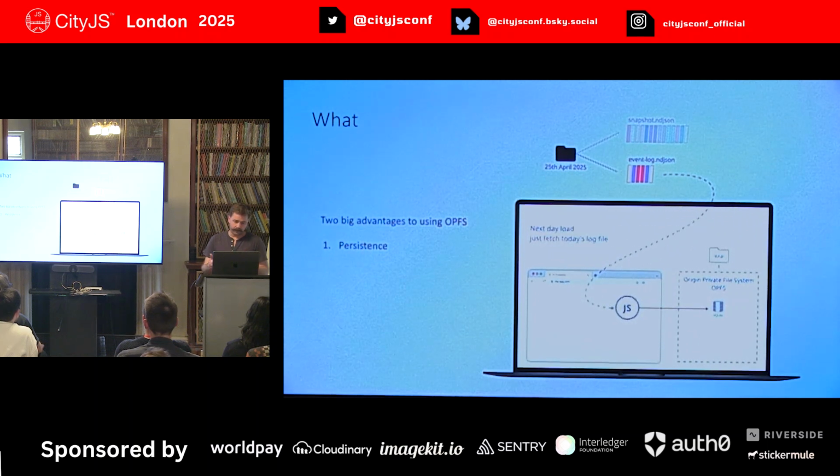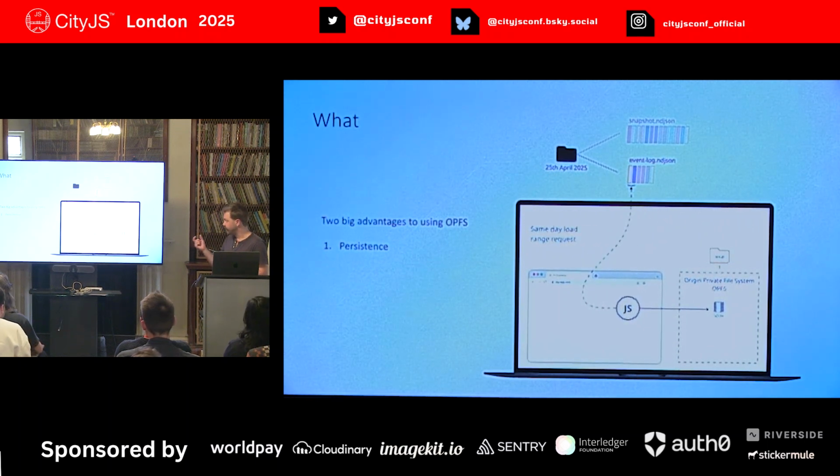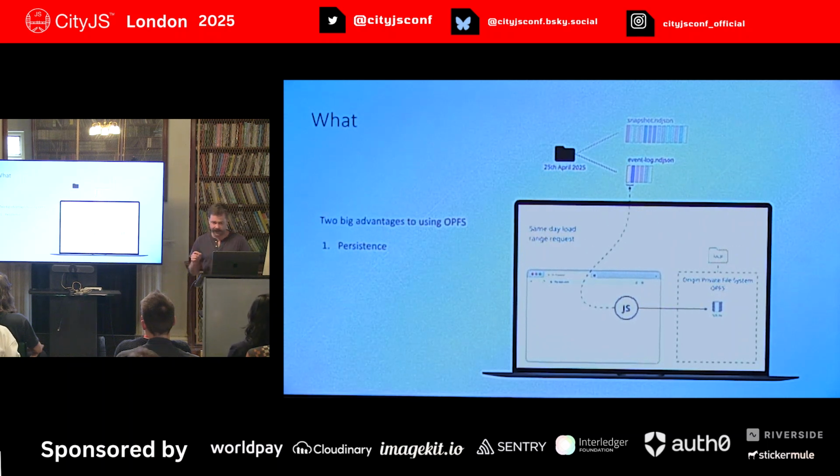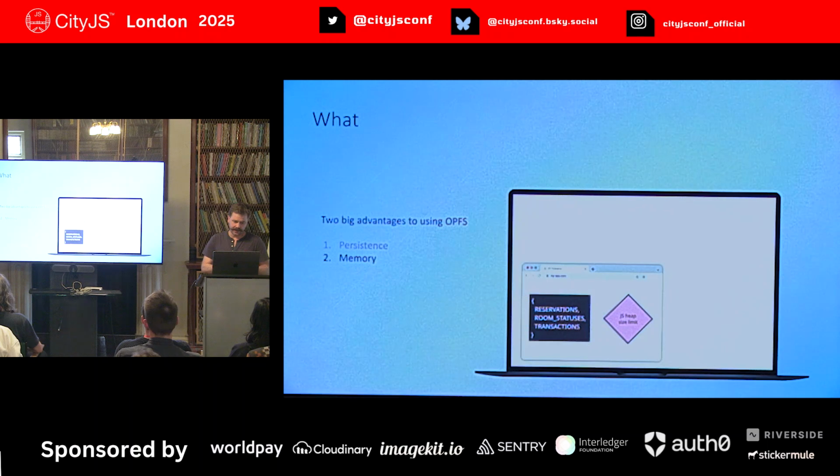The next day, however, we're not going to need to download that snapshot. We can just get the latest event log, and things are much faster. And in fact, if we come back that same day, we can use an HTTP range request to literally just get the latest events. So that's a clear use case for persisting data on the OPFS, but another one is memory concerns that the